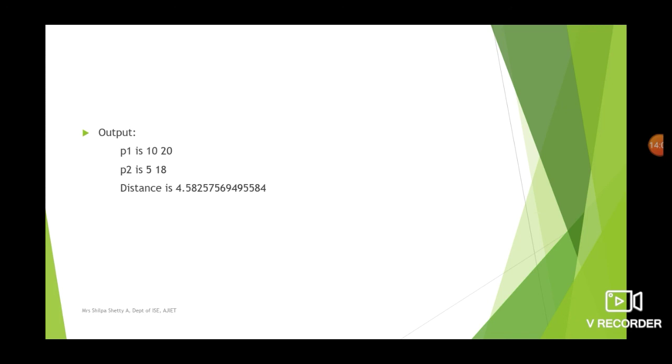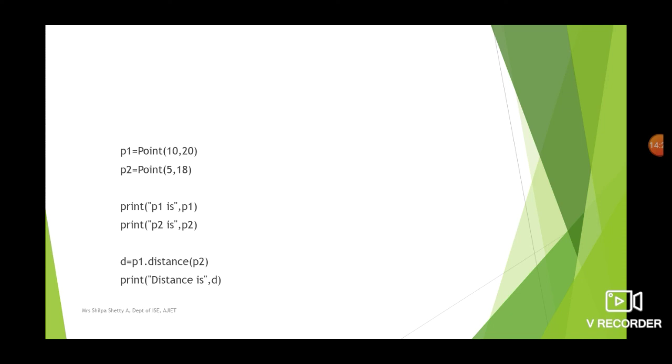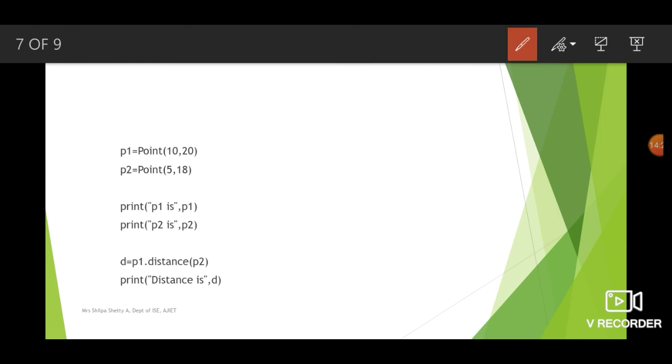Okay, so this example tells you how to use the init method to initialize the objects. That means the init method here will be invoked when you write this statement. So when you write point of 10, 20, the init function will be invoked, which is similar to the constructor method in C++.